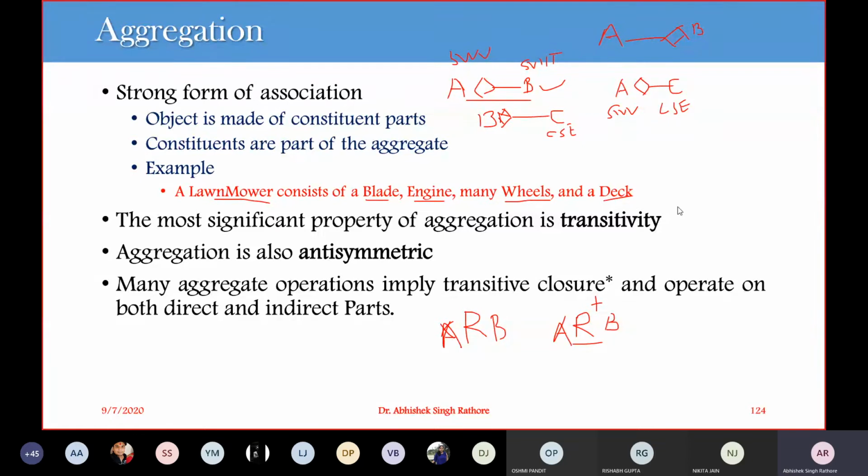Let's say this is a direct part of A and C is an indirect part of A. So when we go through transitive closure, we can say that C has, let's say, D, so zero or more combinations or one or more combinations. When it is true for one case, it is also true for n number of cases. So this is our transitive closure.